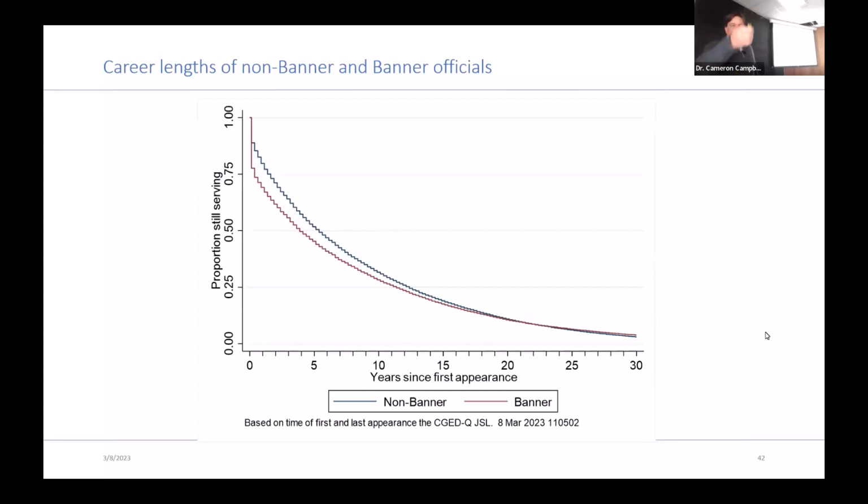And then this gets to what you were asking about, Jason. I'm actually working on a paper right now on the organizational demography of the Qing state. This is just survival curves for how long people remained in office. And there's quite a lot of attrition just in the first year or two.